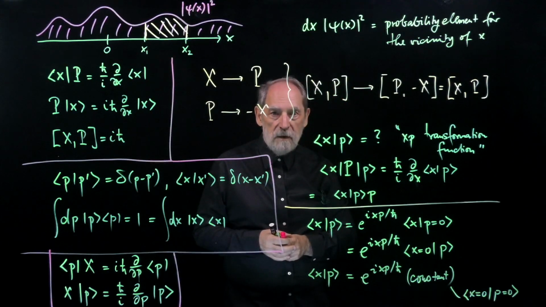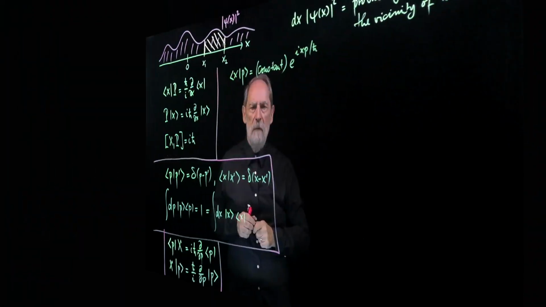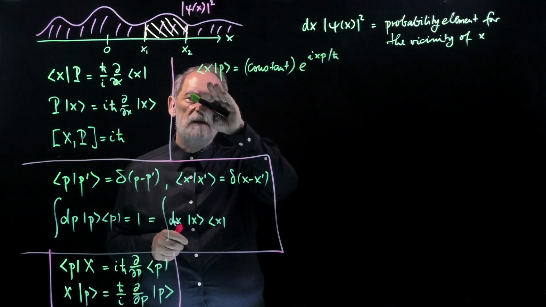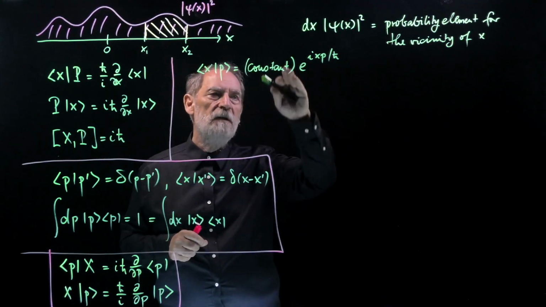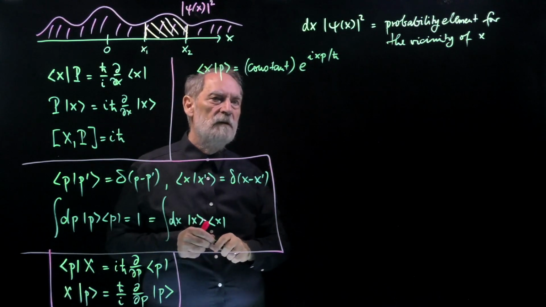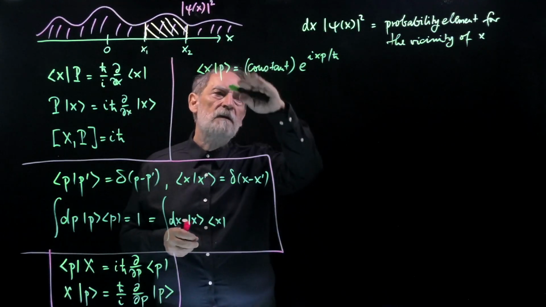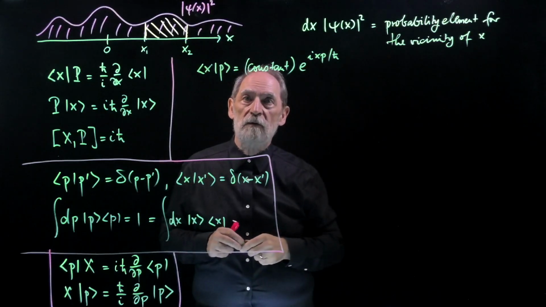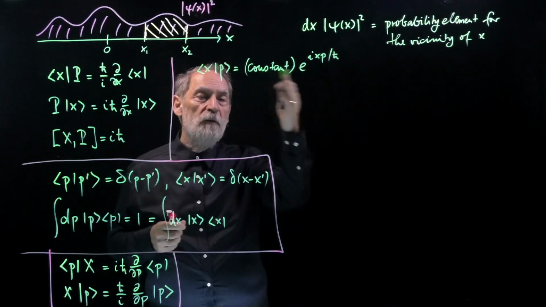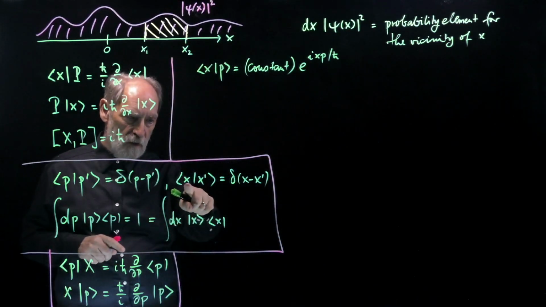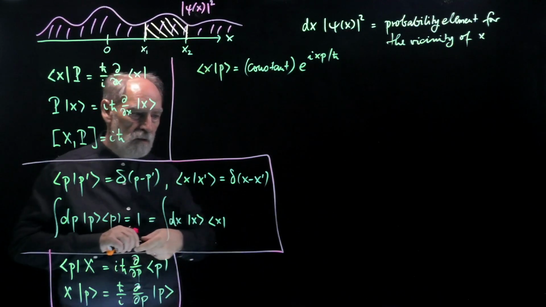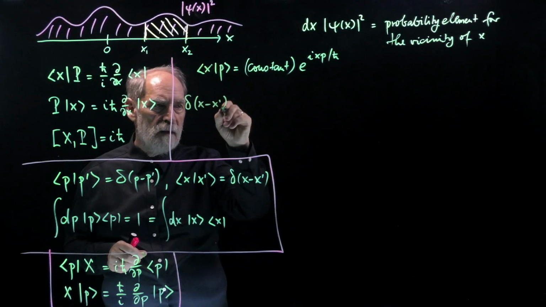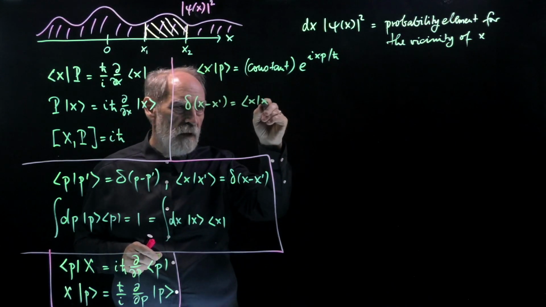So now let's calculate this constant. All right, so we know that this xp transformation function is a constant times this exponential factor. And the constant, well, it's what you get if one of them is equal to 0, both of them are equal to 0. How do we find this constant? Well, we need to go back to the normalization. So let's, for example, look at the x prime